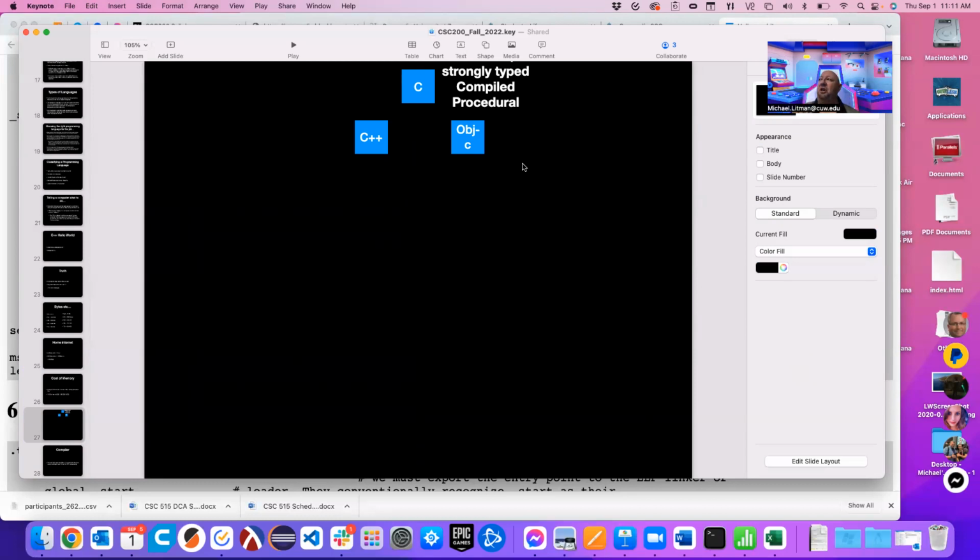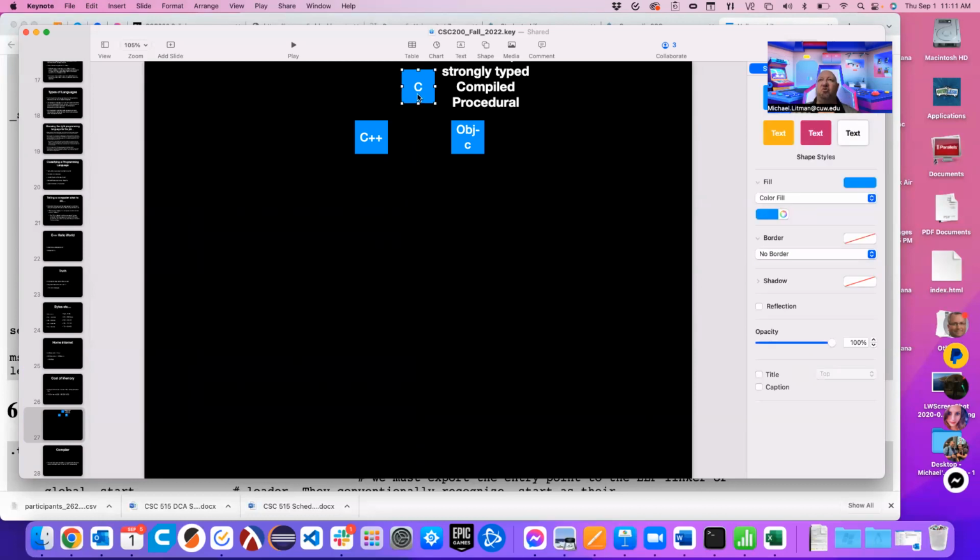Both of these are object-oriented versions of the C programming language. So they are strongly, strongly, strongly influenced by C. In fact, very often, if you looked at a program written in either of these languages, you'd have to hunt around to find the differences between either of those languages and C, unless they're specifically using objects. It's the same syntax. Even our most modern languages use C syntax for most of their stuff.